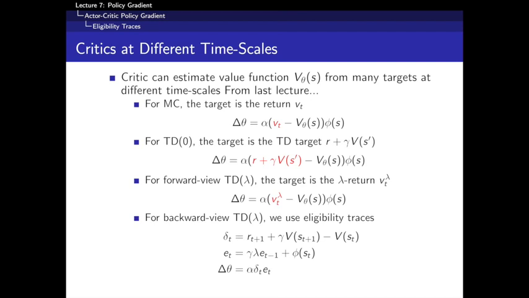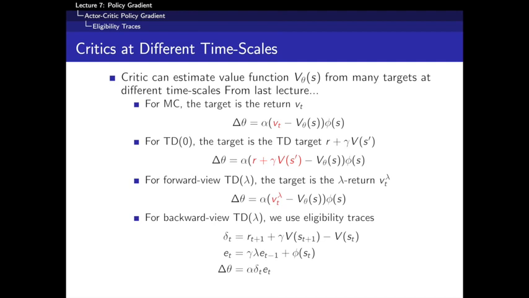So if you remember from the previous lectures, we've often reused this idea that you don't always want to go all the way to the end of the episode and estimate the return, and neither do you necessarily just want to take one step and bootstrap from the value function after one step, because that's biased. You often want to trade off the bias and variance between these two things using something like TD lambda. So now we're going to do the same thing with Actor-Critic algorithms,